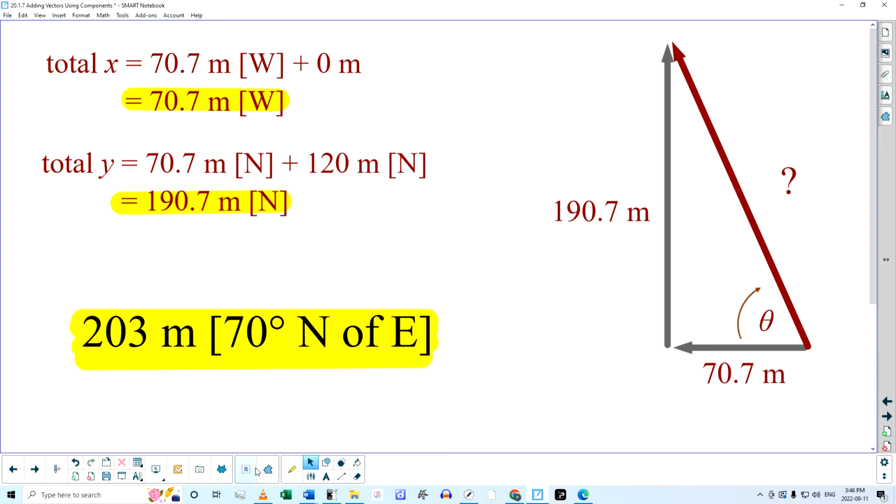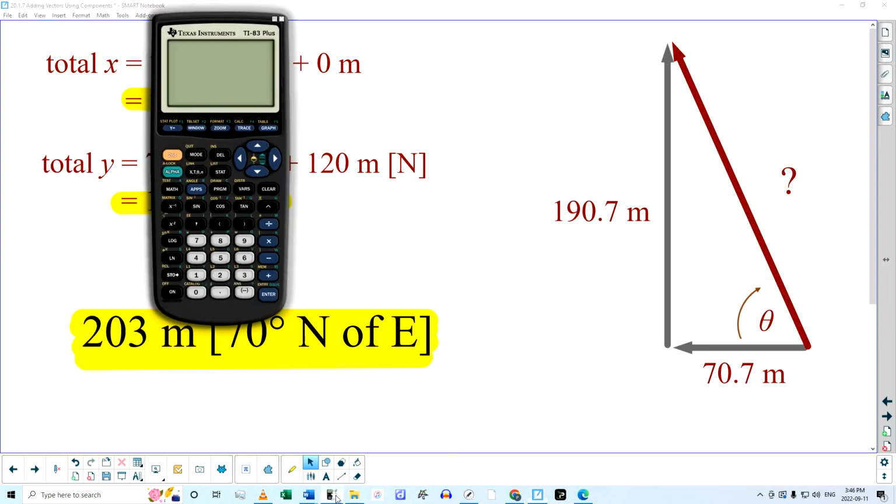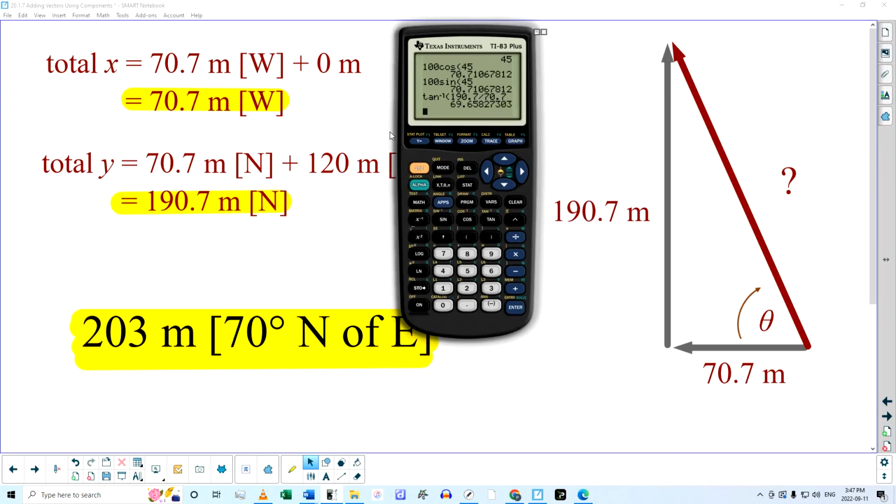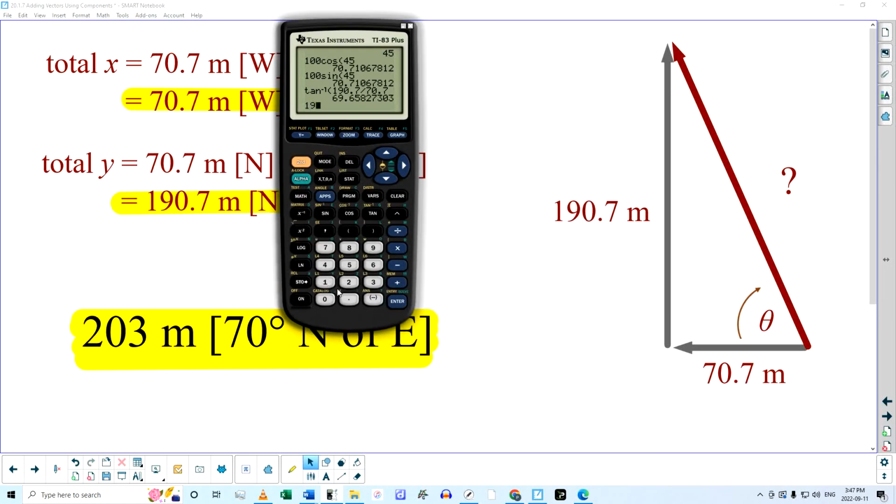Okay, I get 203 meters at 70 degrees north of east very quickly here. I think I've given you enough time. If you take the inverse tan of 190.7, you would on an exam want to carry all of your decimals, but here it doesn't really matter. The inverse tan of 190.7 over 70.7, I round that to 70 degrees, and then I can take the Pythagorean theorem, 190.7